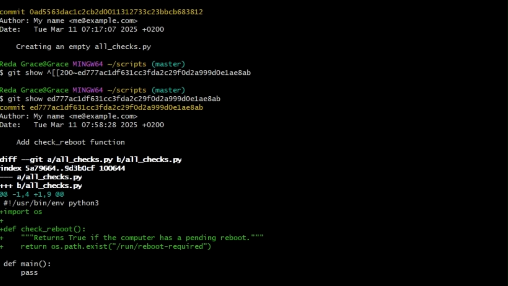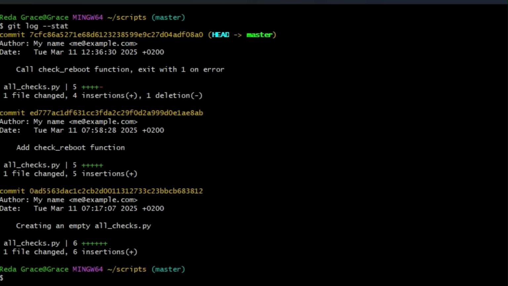Now, what about changes that haven't been committed yet? Until now, whenever we've made changes to our files, we've either added them to the staging area with git add and committed them with git commit, or committed them directly using git commit -a. This works fine, but it means we have to know exactly which changes we've made. Sometimes it can take a while until we're ready to commit. But imagine you've been working on adding a new complex feature to a script and it requires thorough testing. Before committing it, you need to make sure that it works correctly.